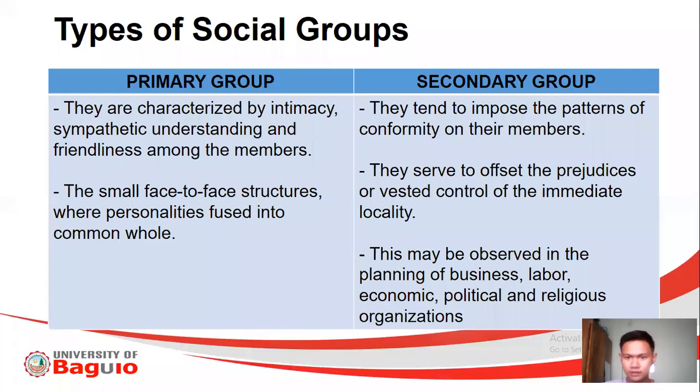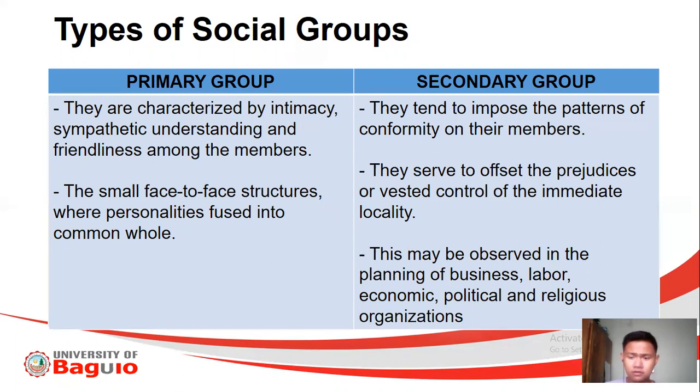Another example here in secondary group, even though you're composed or together with a certain group, it doesn't mean that you know all of the groups. Kasi isang characteristic rin yan ng isang secondary group. Like for example, you enter the class. Maybe you have some of your friends there, but it does not mean that you're all members of the group. That is normal naman, most likely if you're an international student.